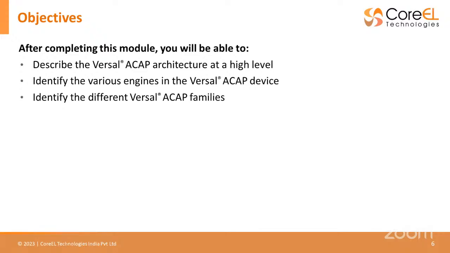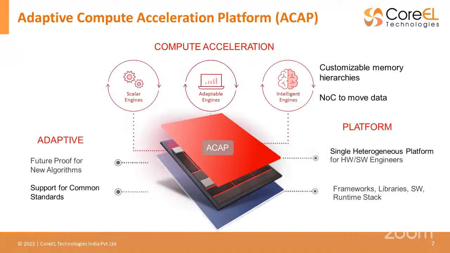Similar to that, we have something called engines when it comes to Versal ACAP devices. Okay, so what do we mean by engines? There are three different engines when it comes to Versal ACAP. Right, one is going to be a scalar engine, one is going to be our adaptable engines, and the third is going to be